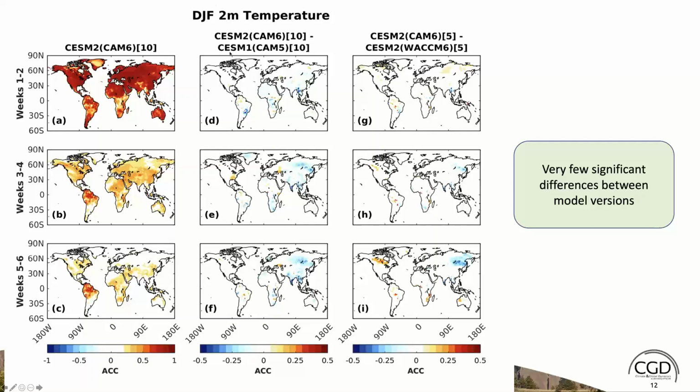And if you look at differences from CSM1 and from CSM2 WACM, there are very few regions where there are skill differences. There are some, and most likely we cannot really track them to any particular change because there are physics differences between CSM1 and CSM2, as well as differences in initial conditions. So there may be something to explore further, but in my eye, these differences seem pretty small.